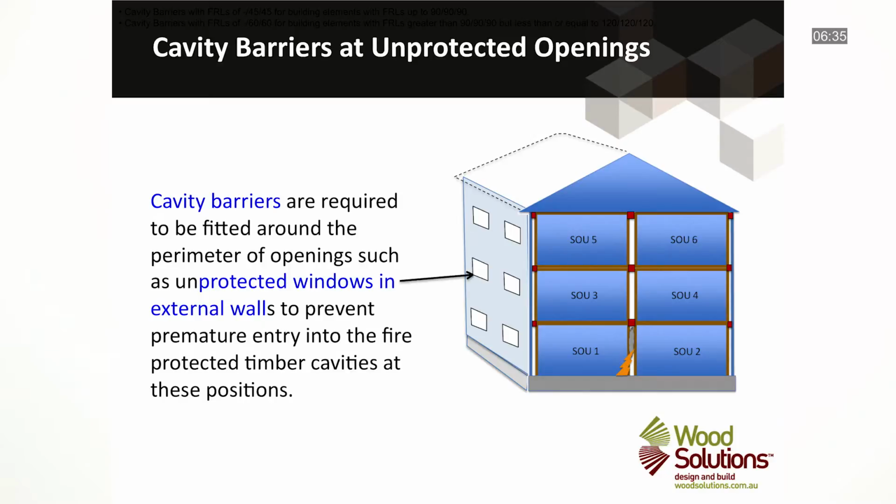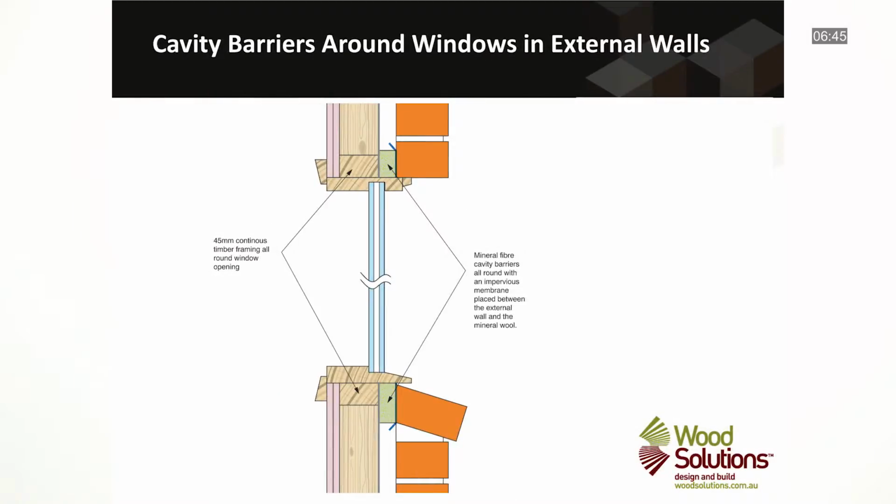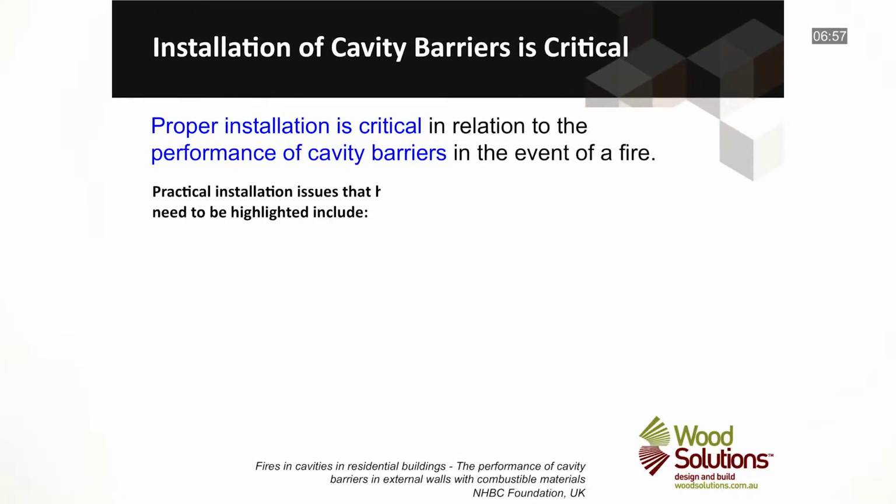Cavity barriers are also required to be fitted around the perimeter of openings, such as unprotected windows in external walls, to prevent premature entry into the fire-protected timber cavities at these positions. The section view through a window opening shown here illustrates how cavity barriers need to be installed around the full perimeter of the window. Proper installation is critical in relation to the performance of cavity barriers in the event of a fire. Practical installation issues that have been observed and reported in the UK that need to be highlighted include